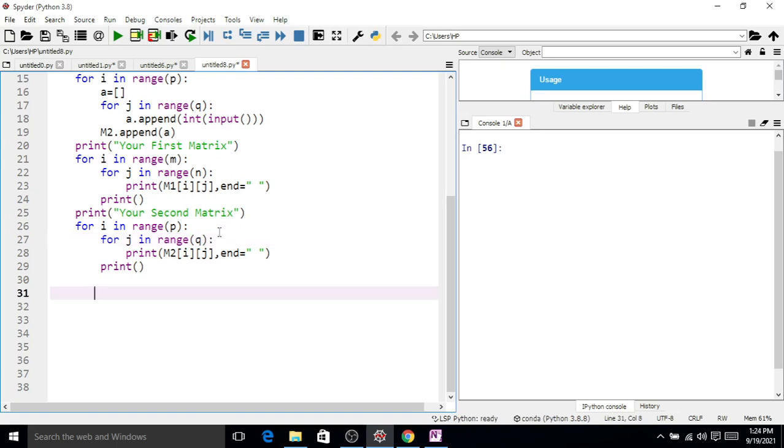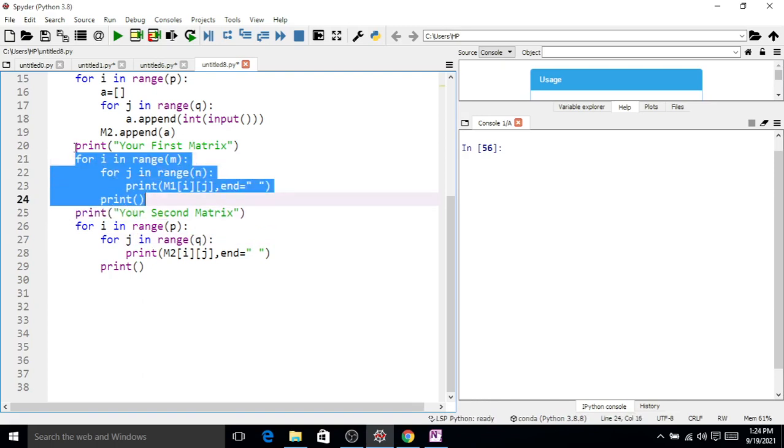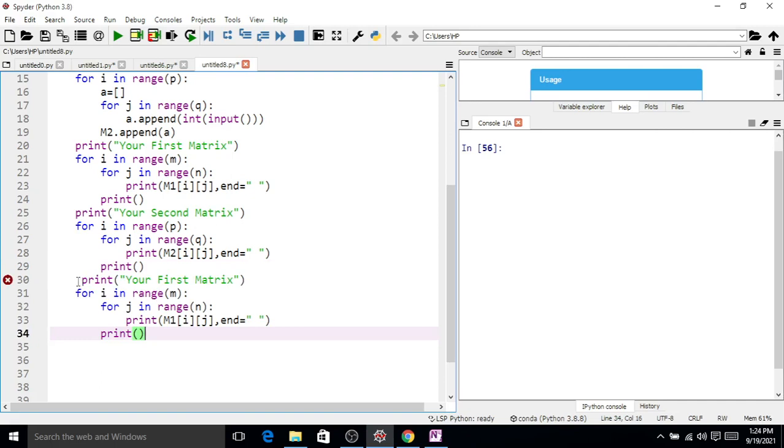Now we want to find the addition of these two matrices. So again, we copy this, Control V. Addition of these two matrices is equal to M1 IJ plus M2 IJ, or here you can use P instead of M and N, you can use P and Q also. Okay, now if we run this code,